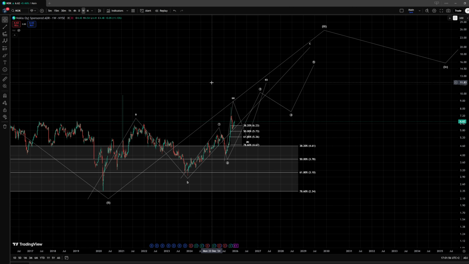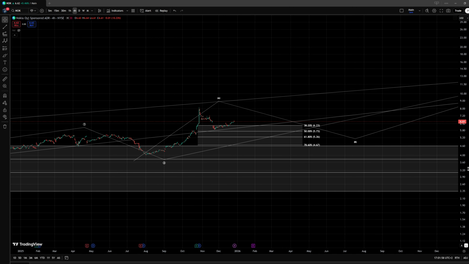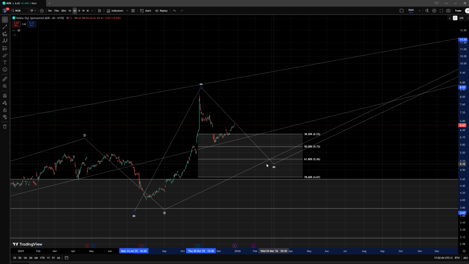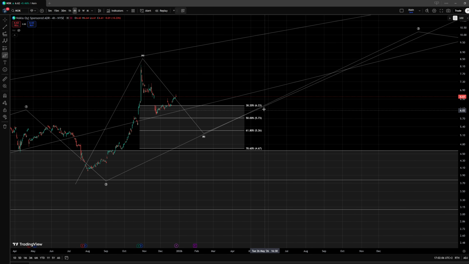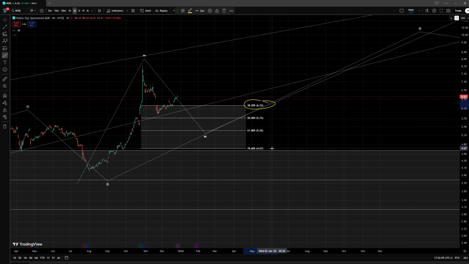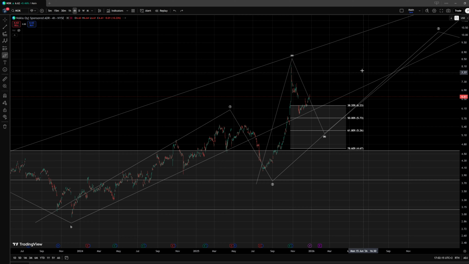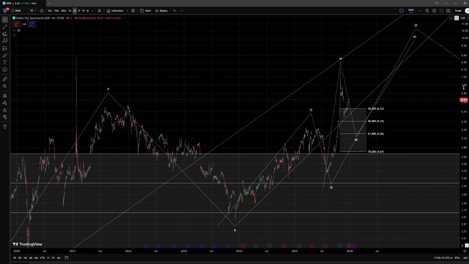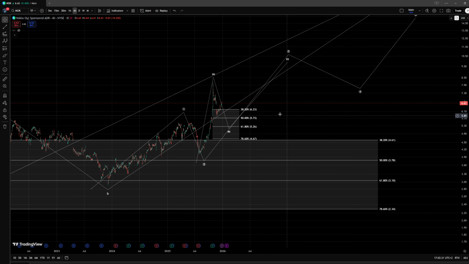Now, internally within this structure, I am looking for a couple of counts. So if this really is the wave A top and we are in a wave B, I have here the area of support between the $6.2 level all the way down to the 78.6% retracement at the $4.7 level. As long as we hold here the area of support, we can still look for a wave C still to come, but I do want to caution you, this is not a high probability area,